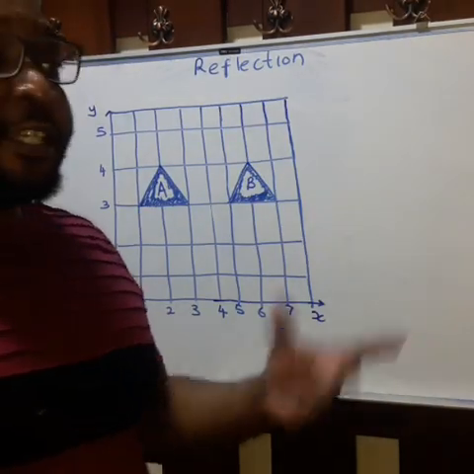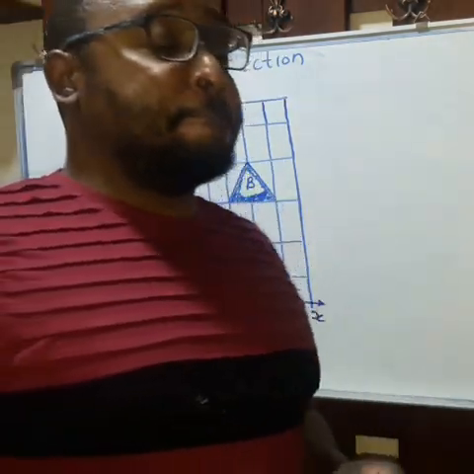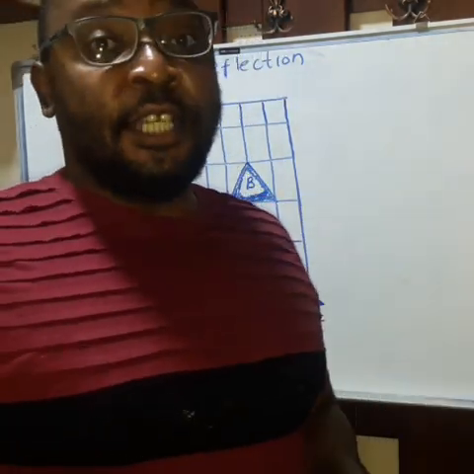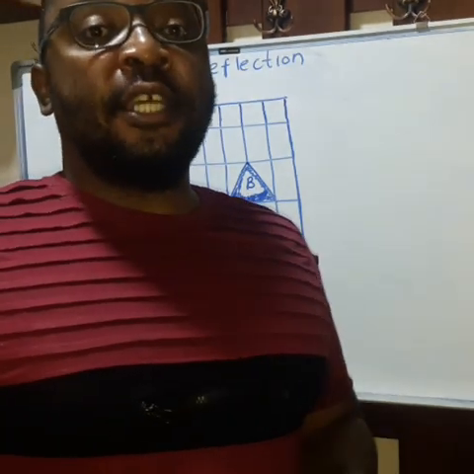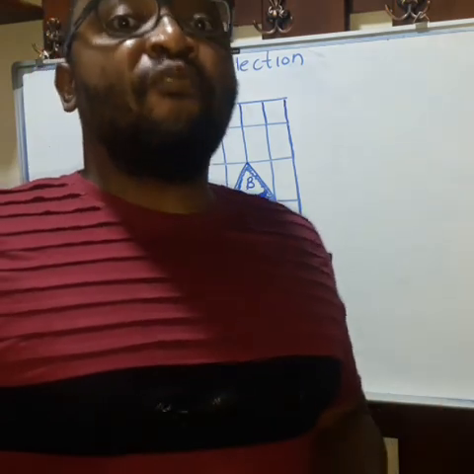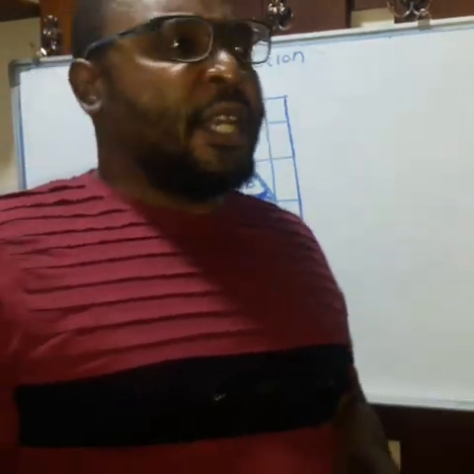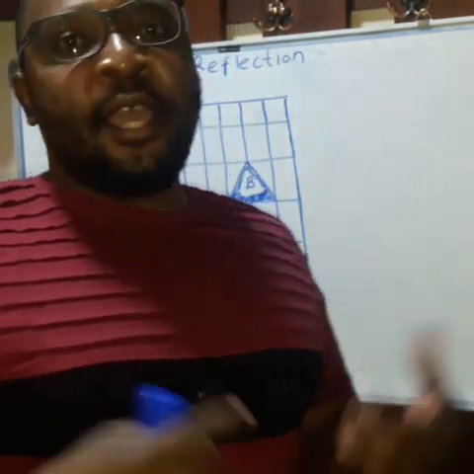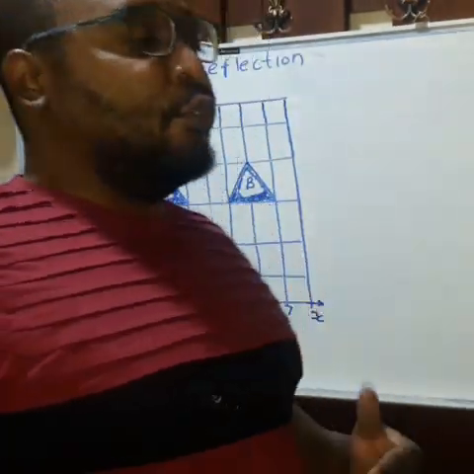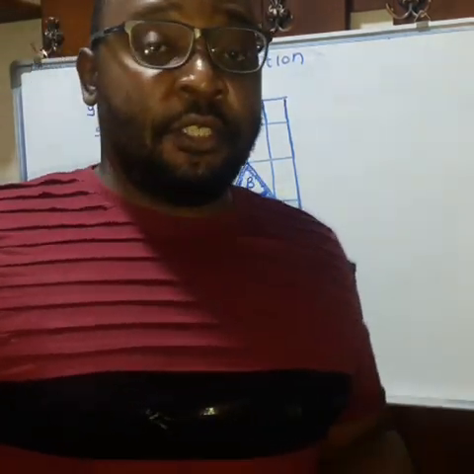So now we are focusing on reflection. Remember, we talked about translation. Now we have to look at reflection, which is also one of the ways of movement. An object can also undergo reflection. Now, reflection occurs in our day-to-day lives. For example, if you look at yourself in the mirror, you see an image, right?